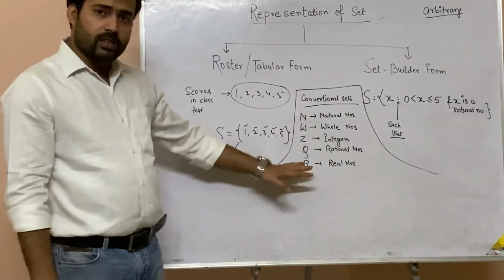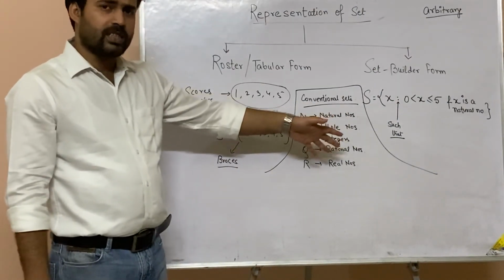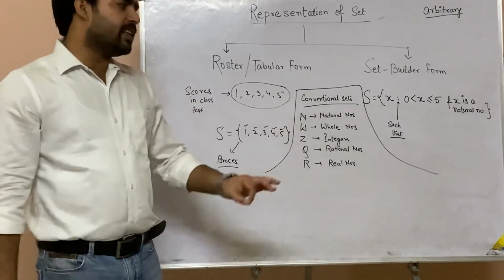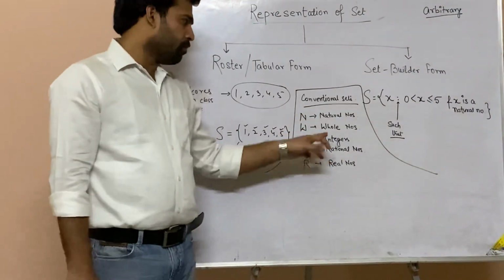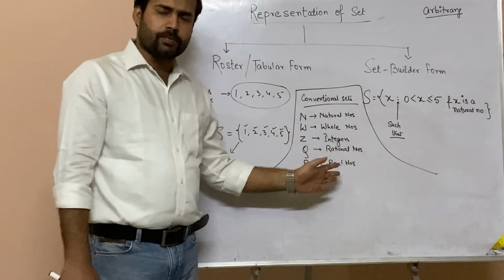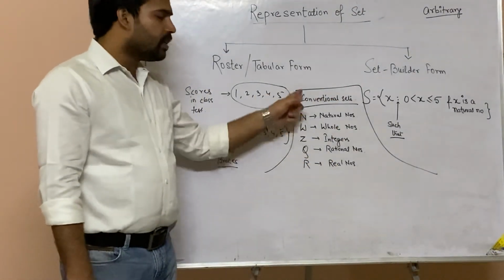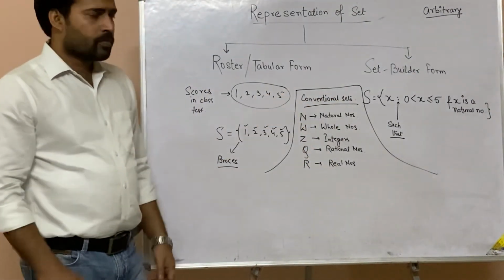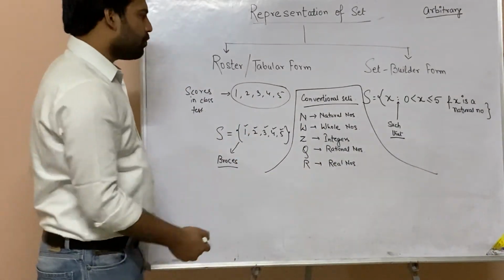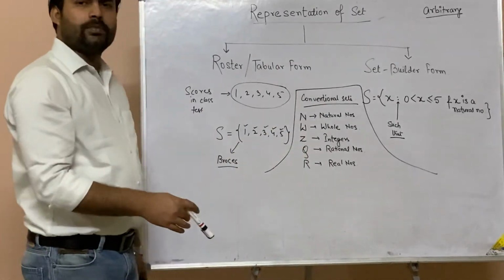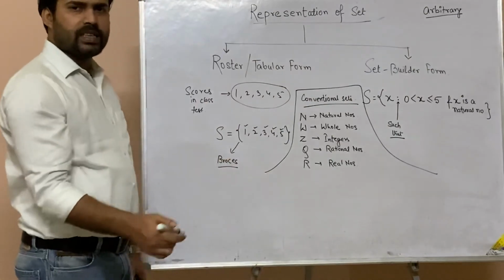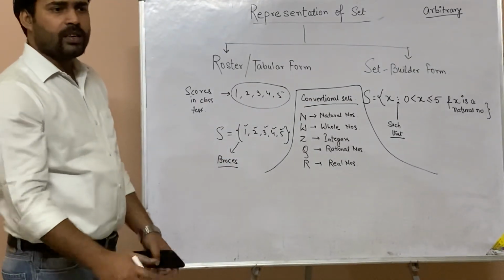These are a few conventional sets which are already defined by mathematics. So you need not mention them. Everybody knows that these particular letters are specifically reserved for these kinds of numbers. Natural numbers, whole numbers. I don't think that I need to tell you what these numbers basically are. You just need to remember the names of the sets that we are using. And suppose, elaborating a bit more, natural numbers are never negative. They are always positive.